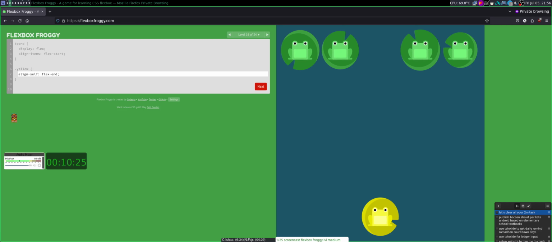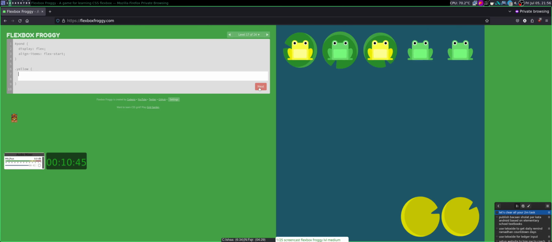This is the same as align-items. The difference is align-items will bring everyone, and align-self will only affect the selected yellow, so it's not all in the div. Still specifying the yellow, and I just need to move the order to the right, and the align-self into flex-end.